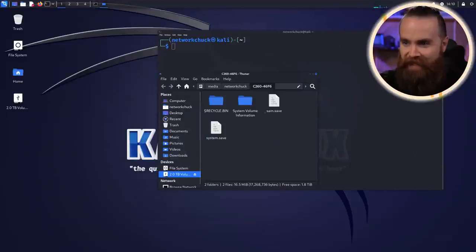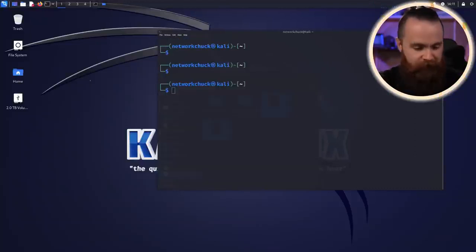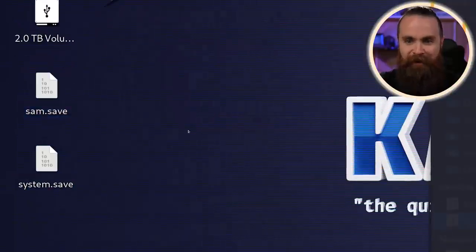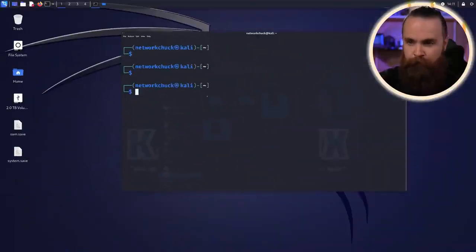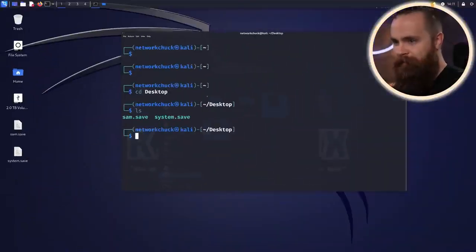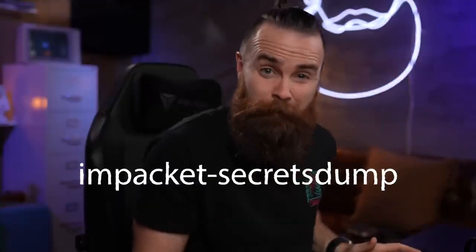And there it is, and there they are. Sam.save, system.save. I'm gonna take those, copy, and I'll paste them right here on my desktop. Bam, there they are. I'll jump to my desktop and my terminal, cd desktop. There's my two files. Now to get the hash out of these guys, we're gonna use a tool called impacket